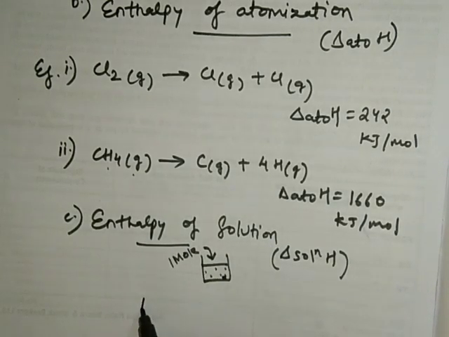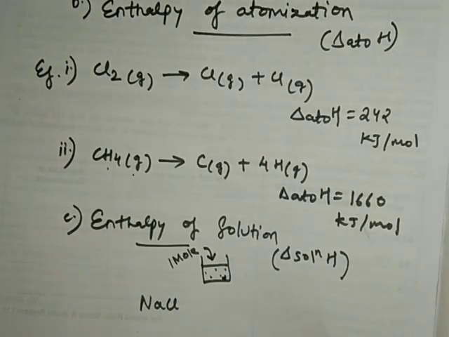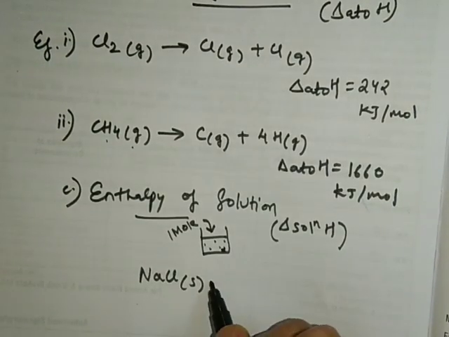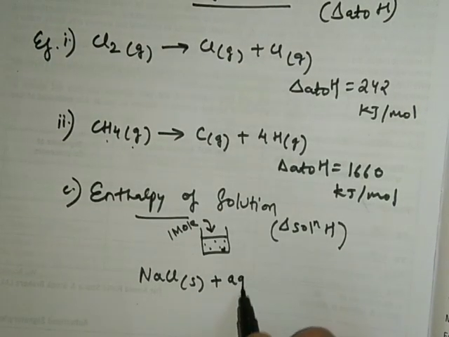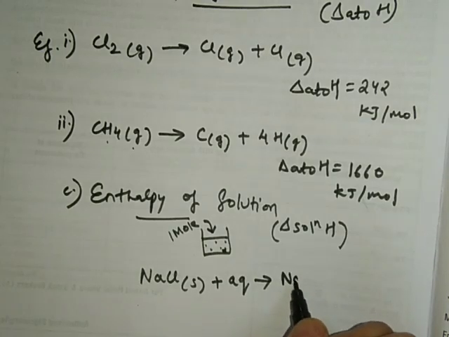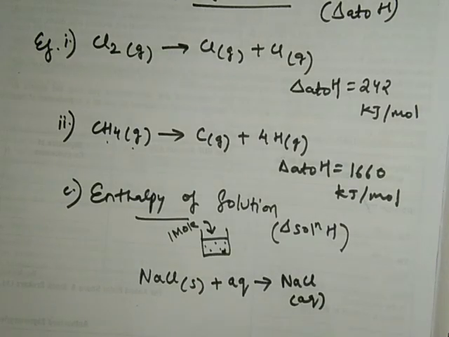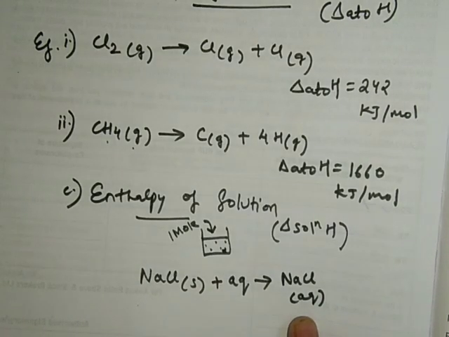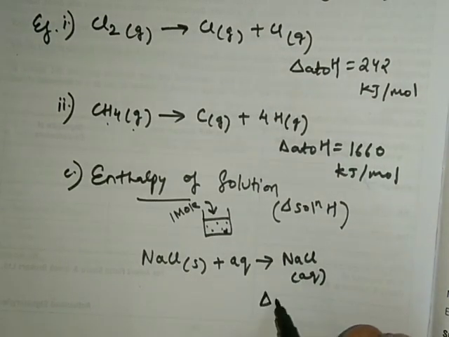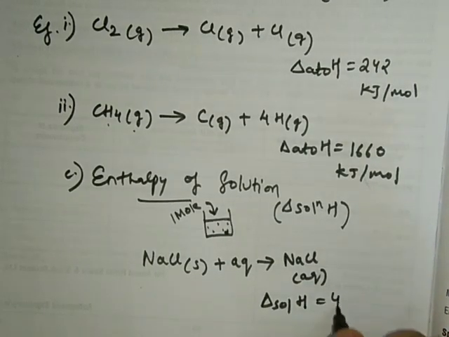For example, suppose you are having sodium chloride, common salt. We know it is in the solid state, and if it is dissolved in water, I will write plus aqueous, which shows water or aqueous medium. What will be the result? You will get NaCl in the solution, meaning you will get a salt solution. Now the enthalpy change involved in this process is written in this way, and it is 4 kilojoules